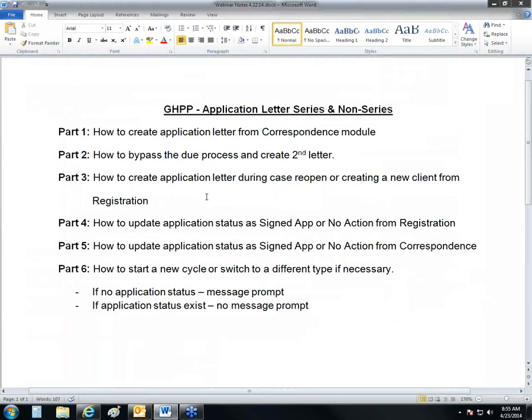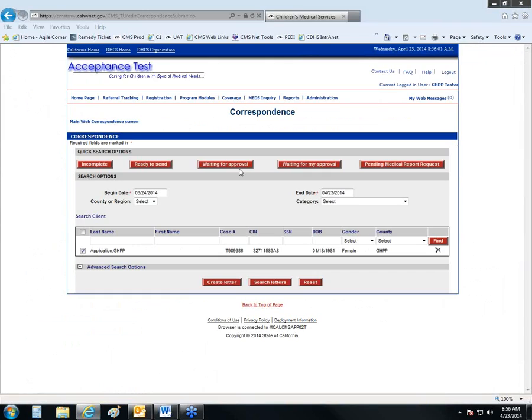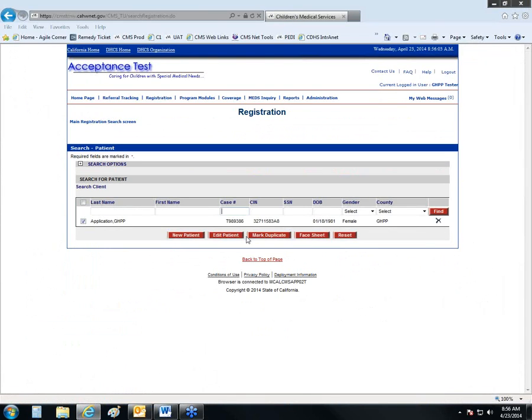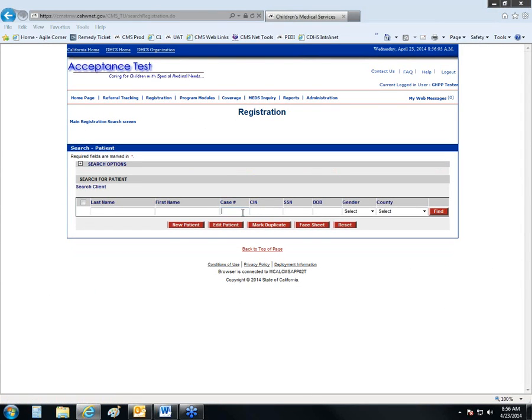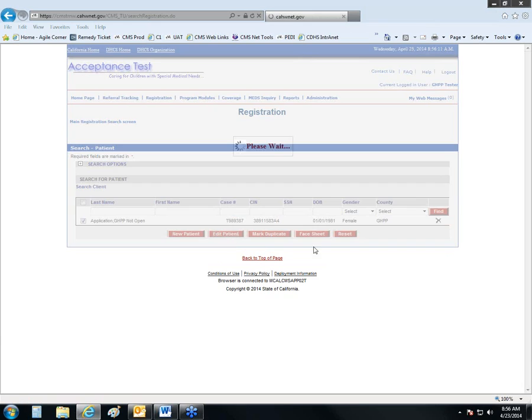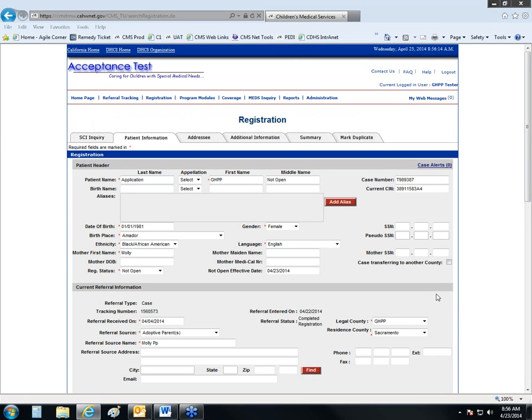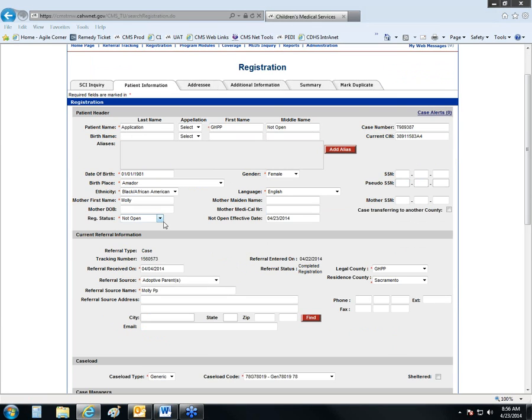Part 3, I'm going to show you how to create an application letter after reopening the case in registration. So let's travel over to Registration, and I select my client. Edit Client. As you can see here, I have a not open case. Let me explain the rules to you. Whenever you have a not open, a denied, or a closed case, and you reopen the case,